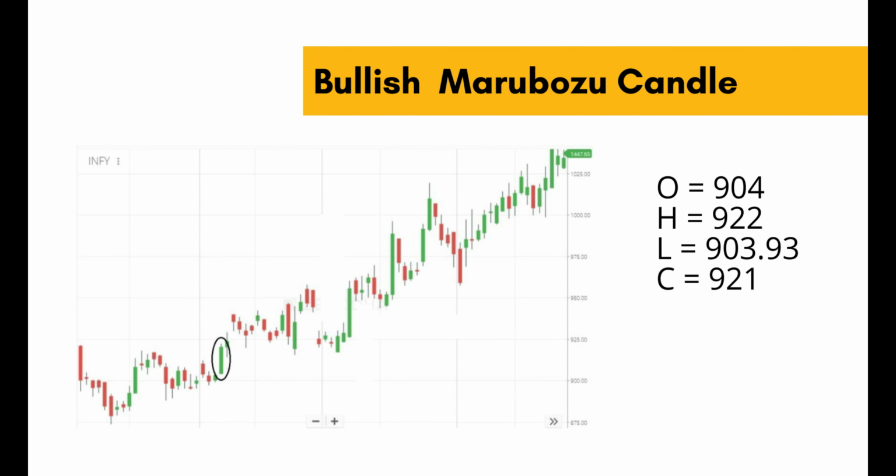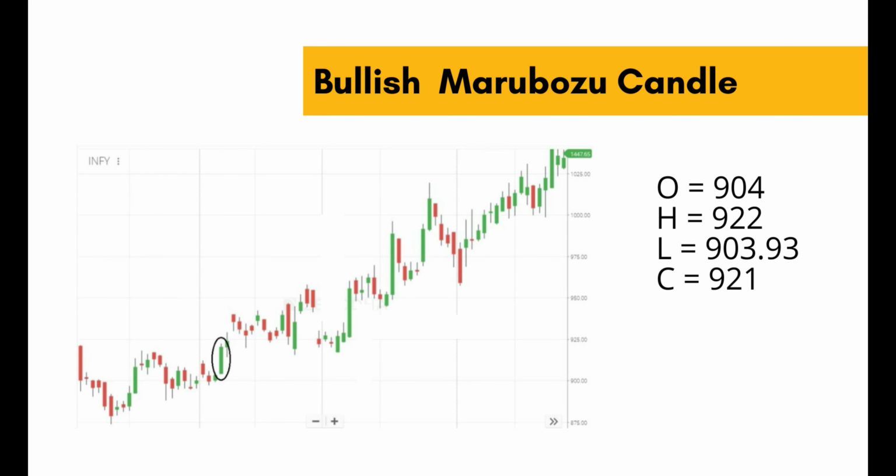On your screen there is a day chart of a stock and a Marubozu candle is encircled in it. The open, high, low and close prices are also provided. Now a doubt that would occur here is that the opening price is not equal to the low and the closing price doesn't equal the high, while the definition stated otherwise. So here comes the fact of being flexible in the action. The percentage of variation is negligible, hence we consider it a Marubozu candle.